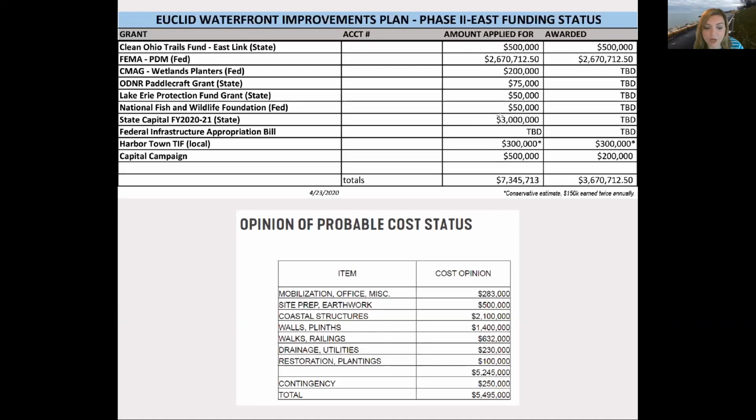As you can see from Smith Group's opinion of probable cost, which is the second chart on the screen, which was updated in April of 2020, Phase 2 East is anticipated to cost between $5 and $5.5 million. The first phase, Phase 2 West, was a $7.9 million project. At the time, the city of Euclid only had $6.8 million to move forward. So some of this $5 or $5.5 million